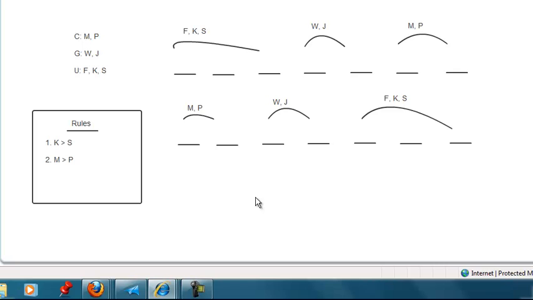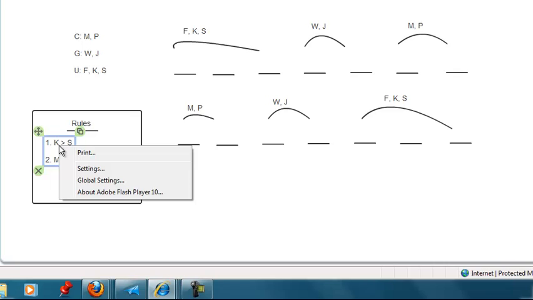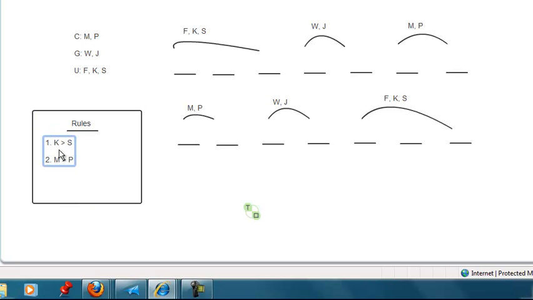All right, so let's figure out how these 2 rules over here that we put in the rule box affect what's going on in the templates. K before S. That tells us something about the ordering in between the utensils, right? So it tells us that, for example, over here, the K is going to come before the S, and over here, the K is going to come before the S. But it doesn't help us